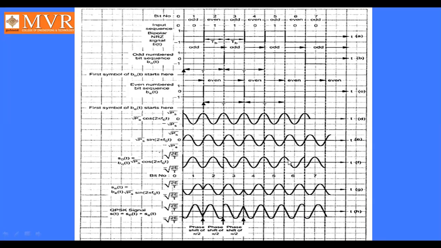In b0(t) times root P, we have 2 phase shifts. This is 1 phase shift, and here is another phase shift. And also in be(t), we also get 2 phase shifts. This is 1 phase shift, and this is another phase shift. So in b0(t) we get 2 phase shifts, and in be(t) we get 2 phase shifts. When we combine these two, be(t) plus b0(t), we get 4 phase shifts here. This is called the QPSK signal. QPSK means quadrature phase shift keying. So there are 4 phase shifts involved in a single signal.